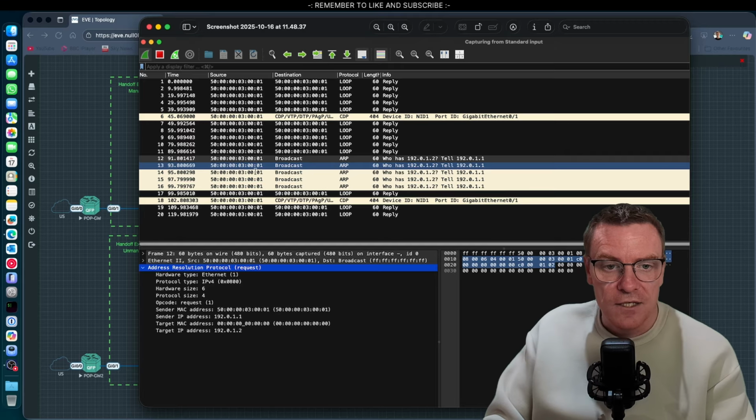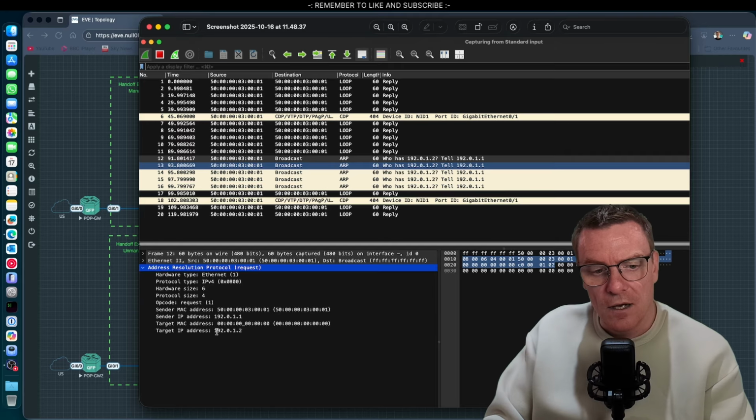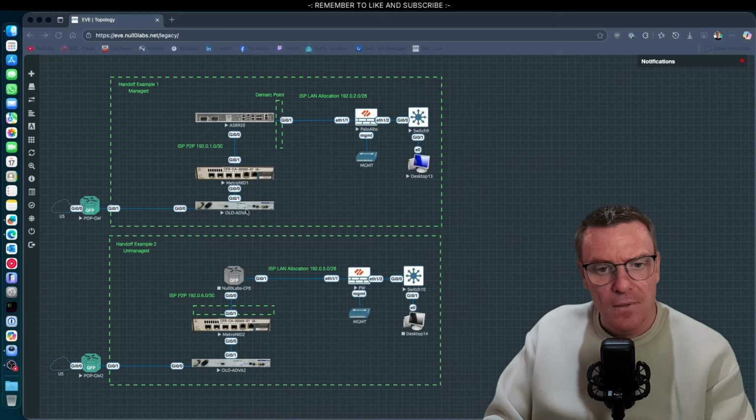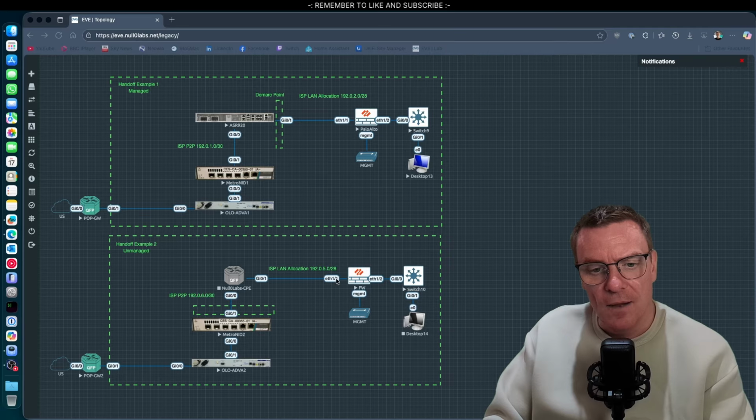So I started by looking at this, and I could see, okay, it's looking for this address. So once I discovered that, I then decided I would put that IP address on the outside interface of the firewall, point the default route at the other address that was in the wire capture, and the service sprung into life. Now that's because there was a miscommunication in the order and it looks like a CPE wasn't provided for